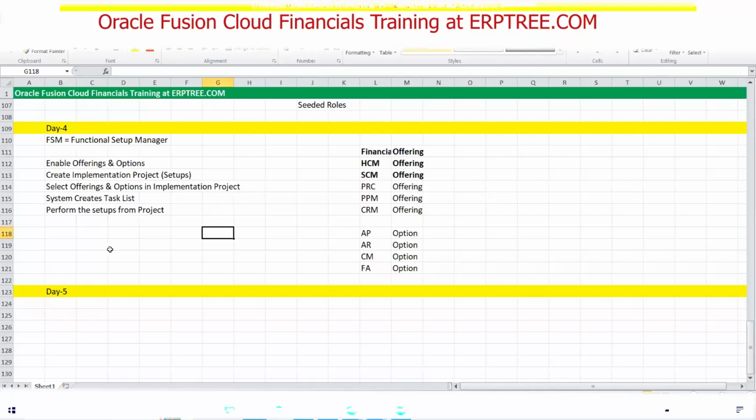In the last session, we have seen how to enable the offerings and options, how to create an implementation project. During the implementation project, we selected offerings and options. After creating the implementation project also, we can add offerings, options, task list or specific task. When you create an implementation project by selecting offerings and options, the system creates a task list and you can update the status